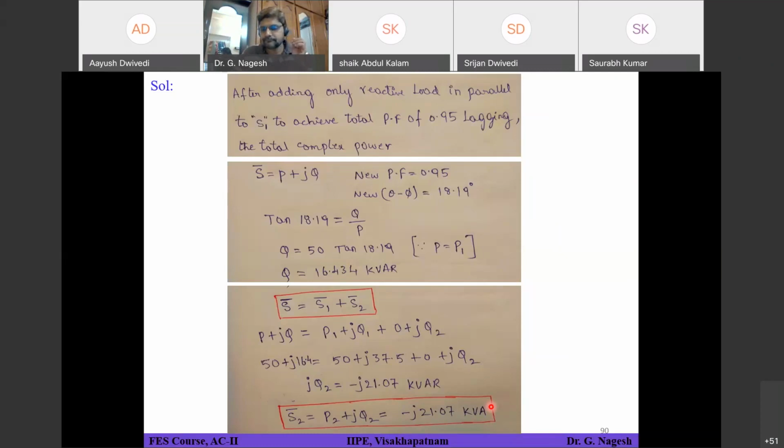S2 is equal to V into I2. From there we can get I2, then get Z2. Something like that, but make sure that S2 is equal to not V2 into I2, it is V2 into I2 conjugate. So use that formula: S2 is equal to V2 into I2 conjugate, and try to find out what that I2 conjugate value is, and then find out what I2 is. Try to solve that.